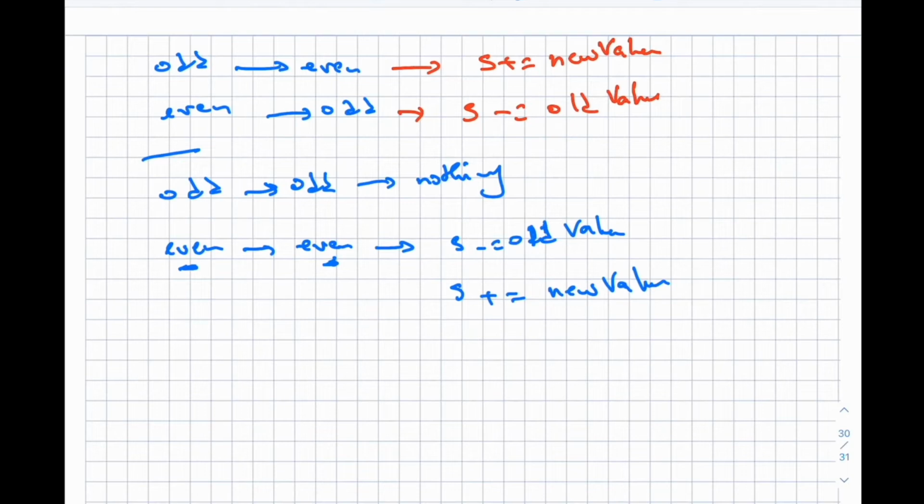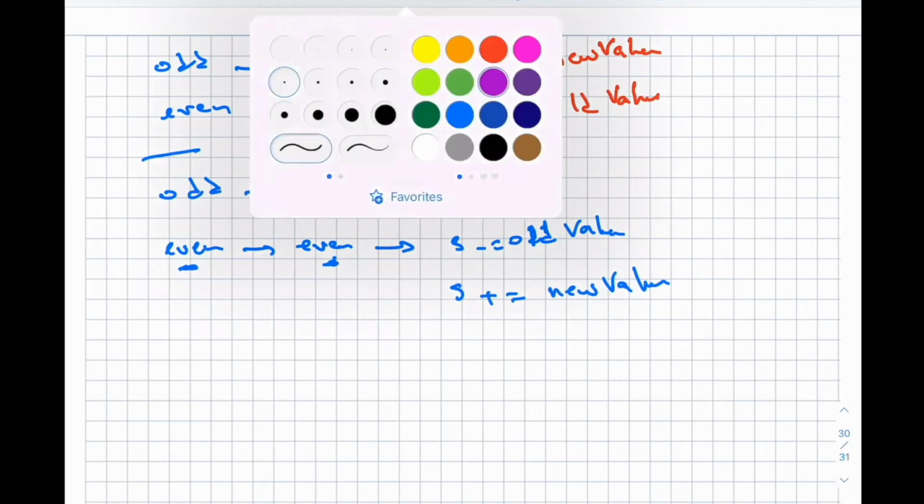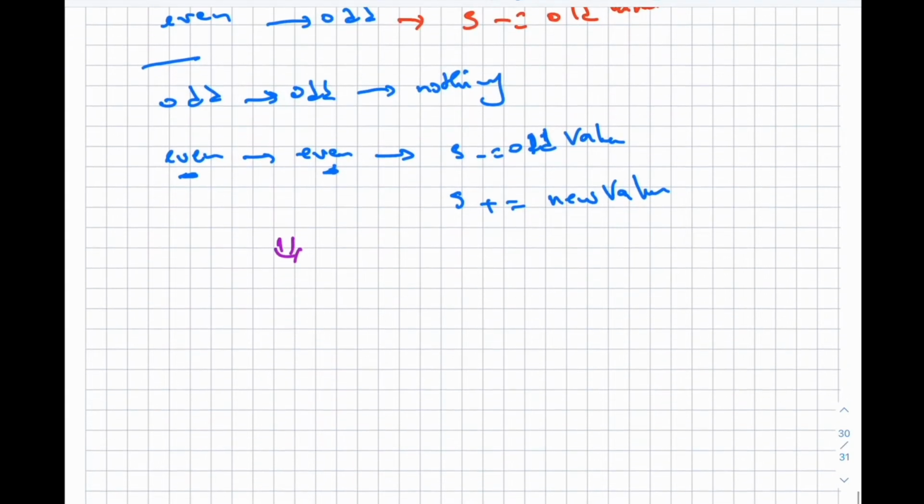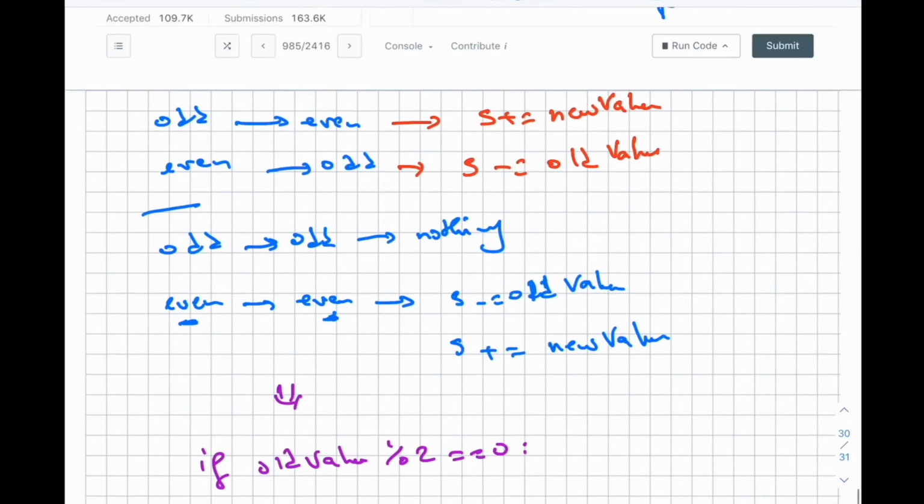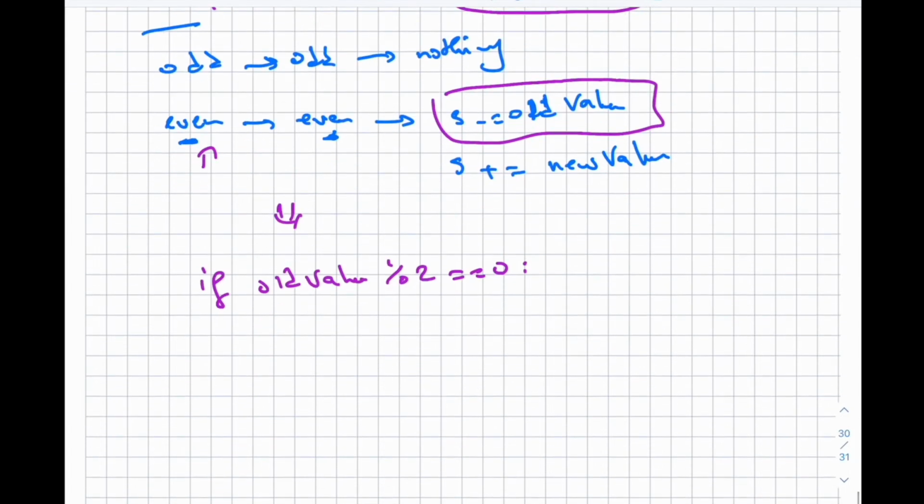So you can see we can reduce this down to only one implementation, which is if the old value is even, which means we are in this case or this case, in both cases we need to subtract it, right? Which means we need to do s minus old value,